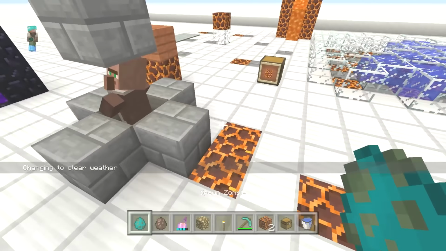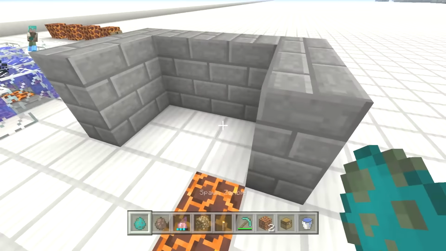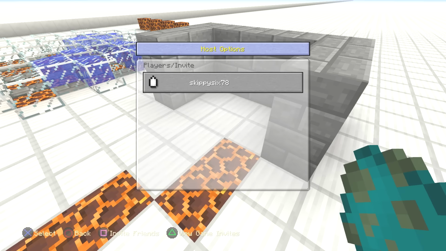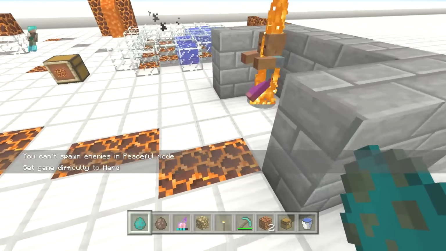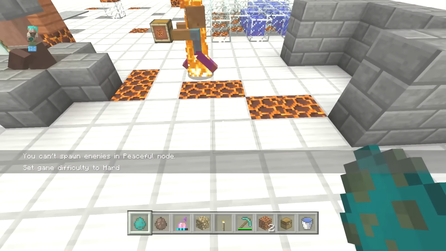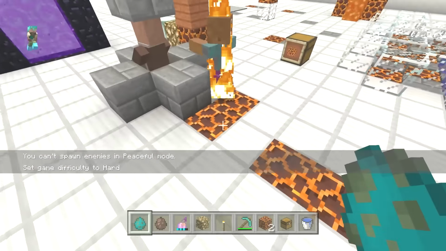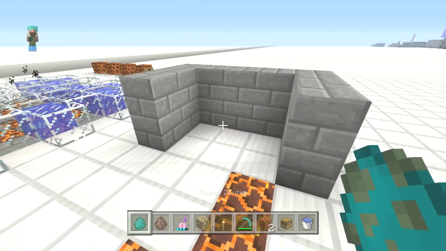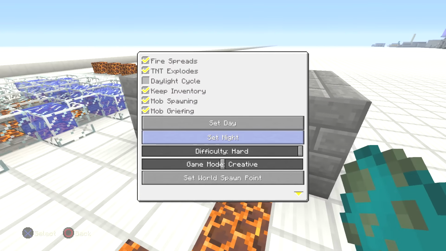As you can see, we put our villager there, and then let's go ahead and turn it into hard. And as you can see, the water is poofing. No matter what, it's going to always try to avoid. This guy didn't. I don't know. From what I gather, they try to avoid it. I think what we'll do is make this night so we can try to get a better...